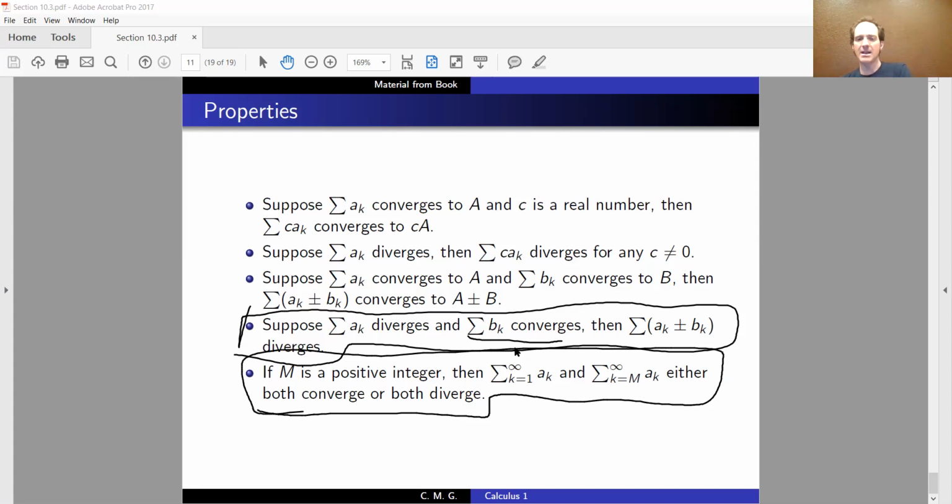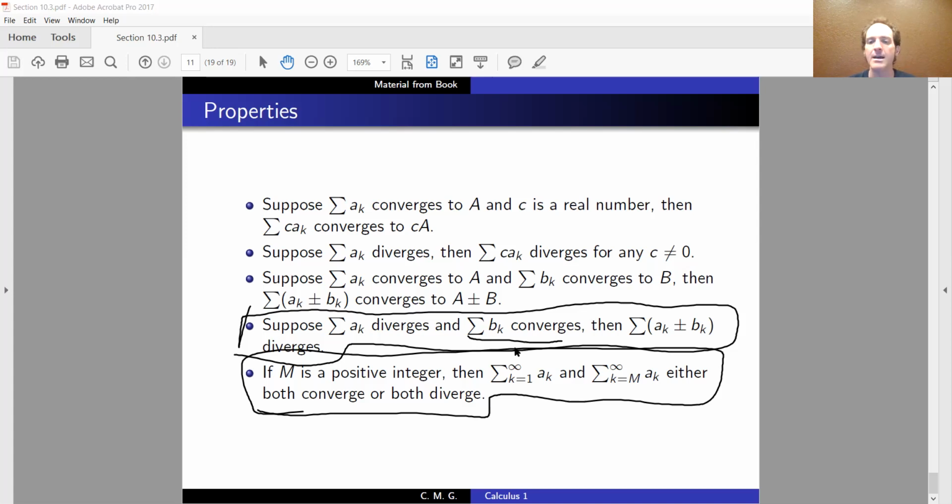Okay. The last thing, if I have a positive integer m and I move where I start my sum. So instead of starting from 1, I start from m. Start from 15, start from 20, start from 200. Wherever I start, if the sum from 1 to infinity is divergent, so is the sum from m to infinity. Essentially, I cannot throw out enough terms to make this thing convergent. On the other side of it, I could essentially throw out an infinite number of these things and make it converge. But if I only throw out a finite number of things, I cannot make this thing converge,